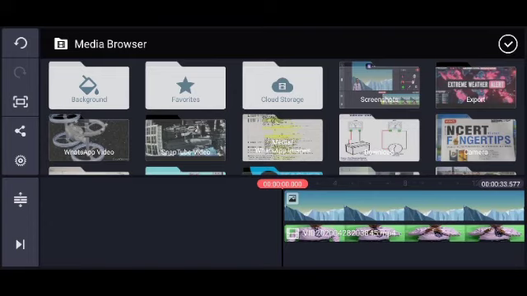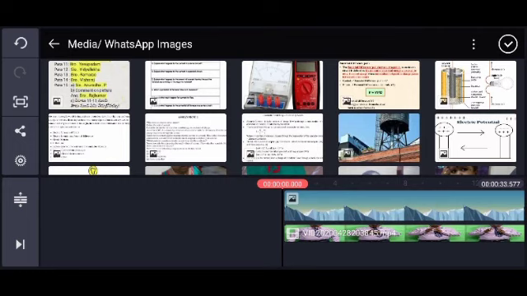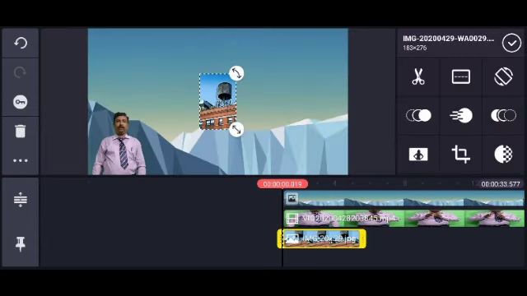Now I am choosing one picture related to my explanation. Suppose potential energy: I wanted to explain that, so I have taken a water tank picture. That is present in this folder. Did you see the water tank? You can easily guess why I am using it: I wanted to explain potential energy. Now when I press on it, we come back to our formal interface, and you can see that it is now visible.